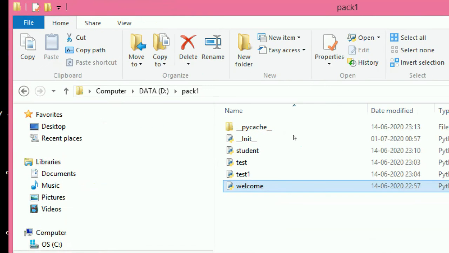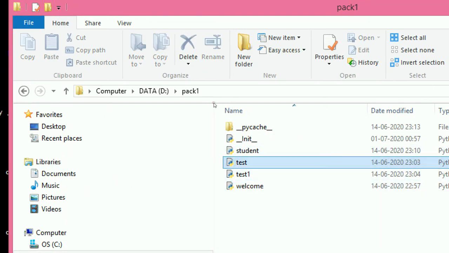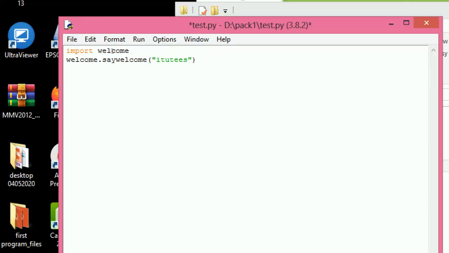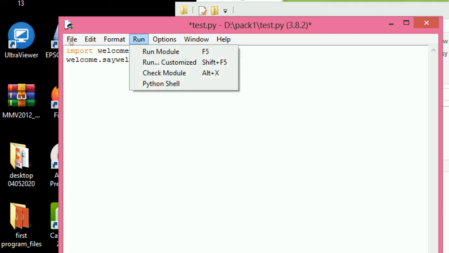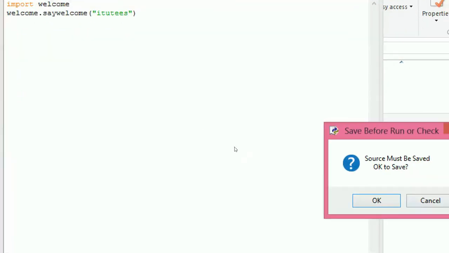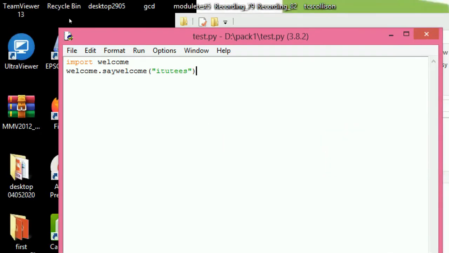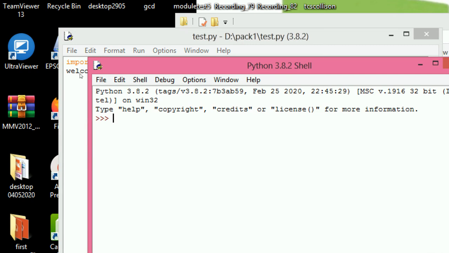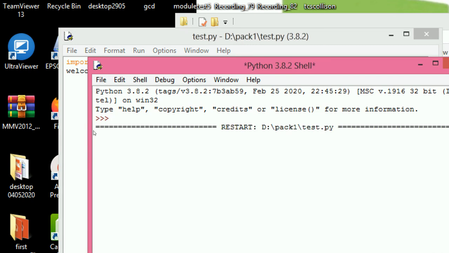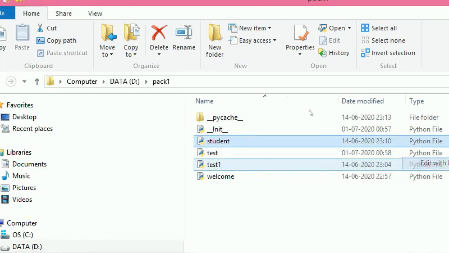Okay, now we can see how to use this. If it is within the same location, and the test is also in the same location, so import welcome, welcome dot say welcome. Say welcome is the method in the module, it prints welcome. So this is the student module.